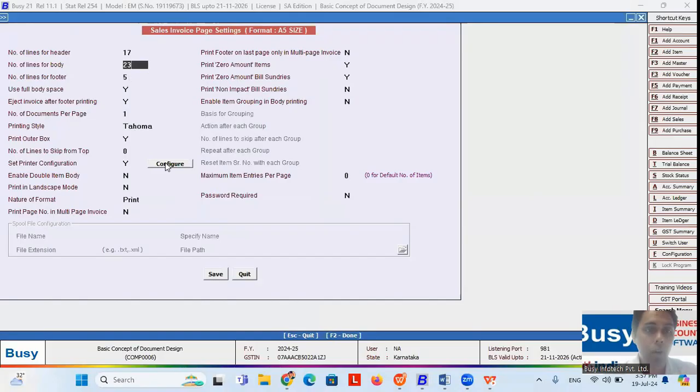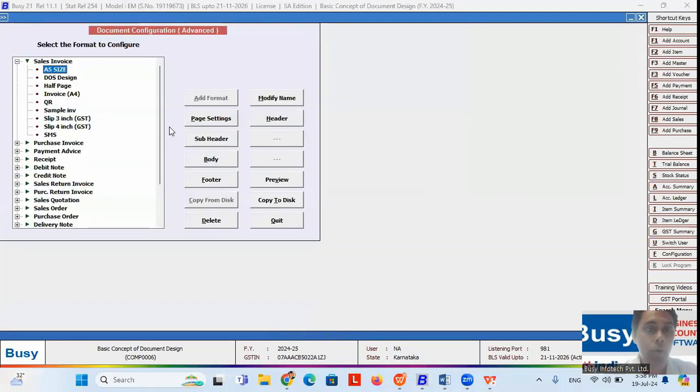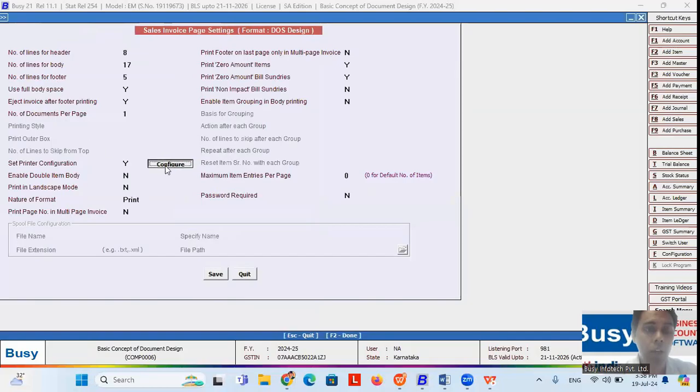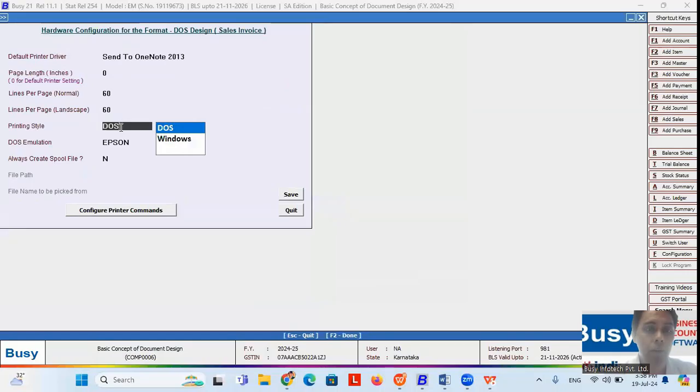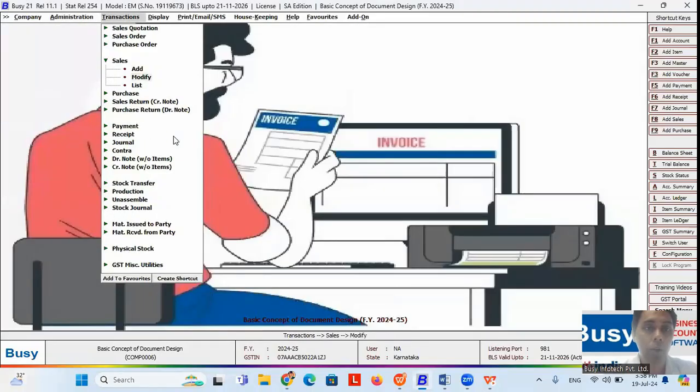And also if you want to print from a different printer, your DOS printer, your Windows printer, you can select the print style from here also. Let me show you a DOS format also. In DOS design, I have mentioned my print style as DOS, and I have selected DOS simulation as Epson or HP, whatever DOS simulation I want to select. If I want to see the invoice in DOS format,